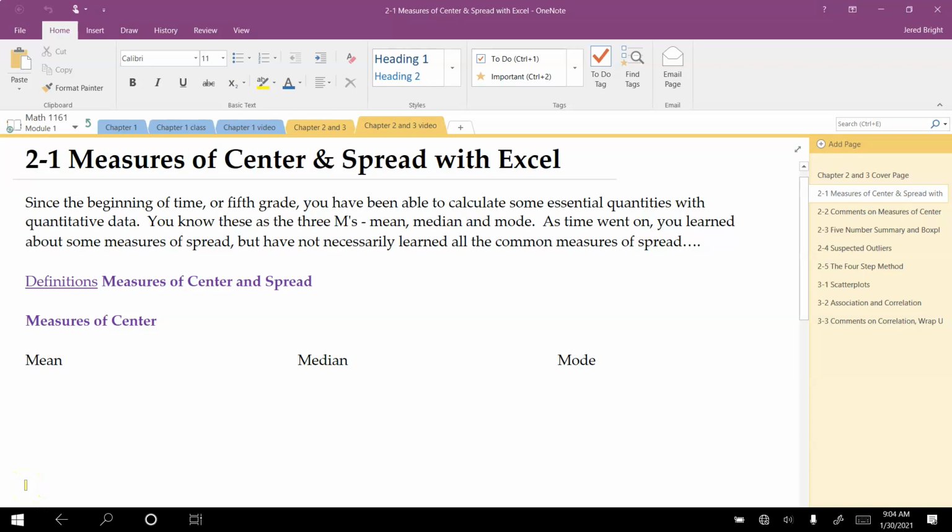Welcome. In Chapter 2, we're going to start with looking at measures of center and spread. And you've seen many of these things ever since about 5th grade. They've hammered it into your brain, every single year since then, or about that often at least. So let's get started. The three M's are what we refer to as measures of center, so mean, median,